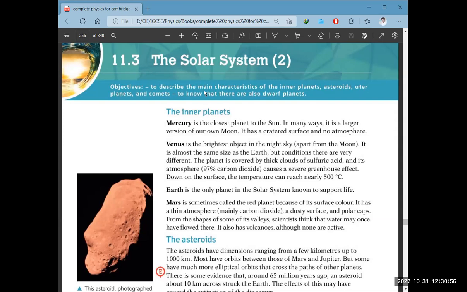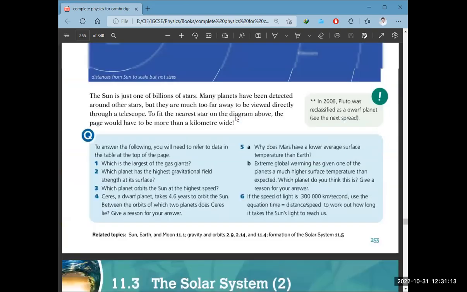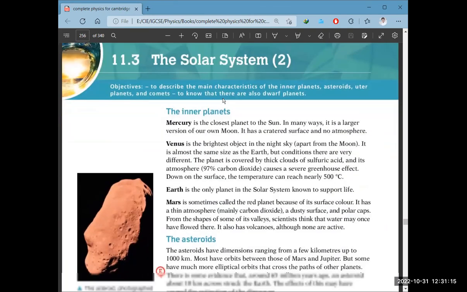Now, in physics, it's not biology, it's not chemistry. So in physics, we can study any chapter we want, and it's not going to be that confusing compared to chemistry. There's no way you can do chemistry chapter number 11 without doing other chapters before it. Similarly, in biology, that's also the case. In physics, we can do any chapter we like. So we're starting this, solar system 2.